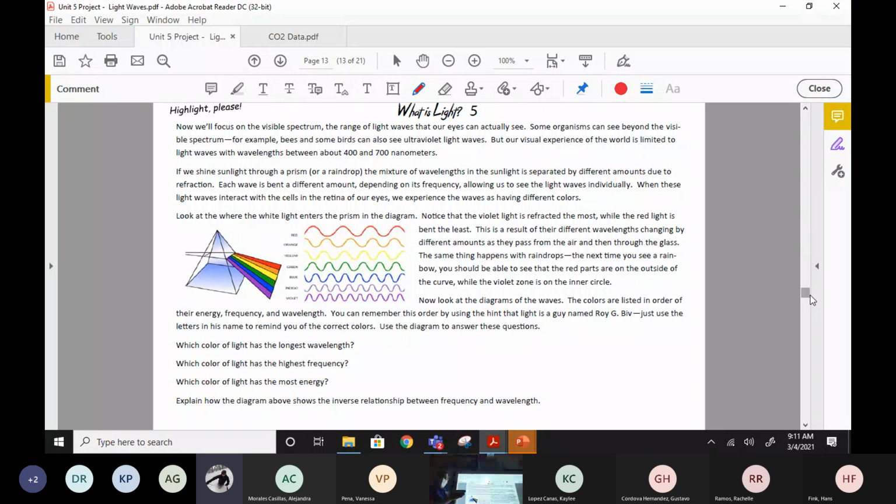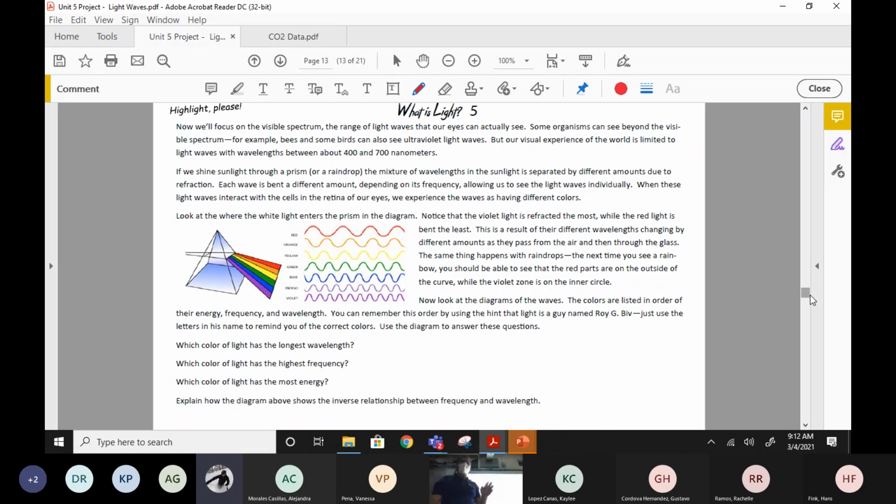Because here comes the white light, it goes through the prism and it gets bent, but which one got bent more? My left hand, my top hand, or my bottom hand? Yeah, the bottom one got bent more. This is what happens with a rainbow, is the light is getting bent by different amounts depending on the color.